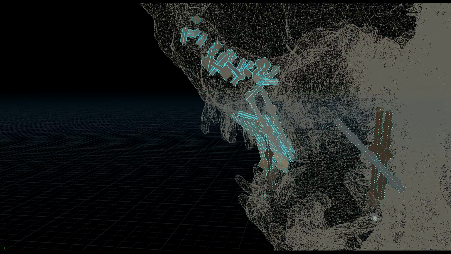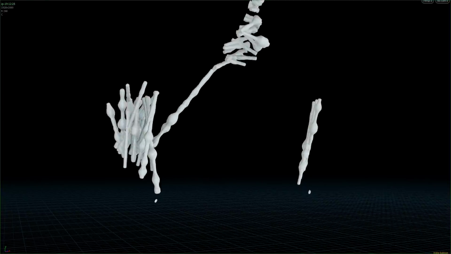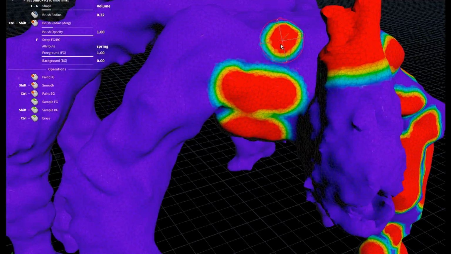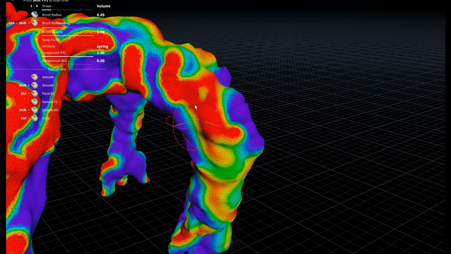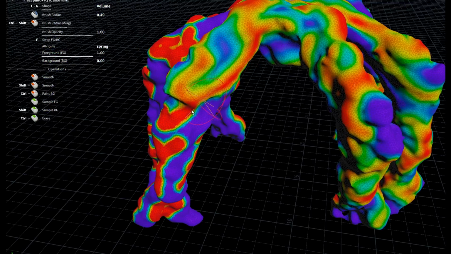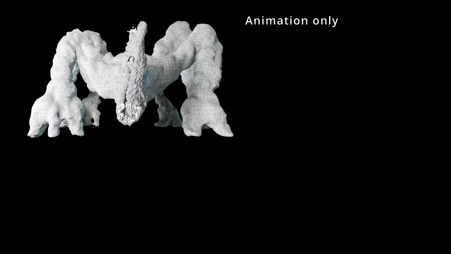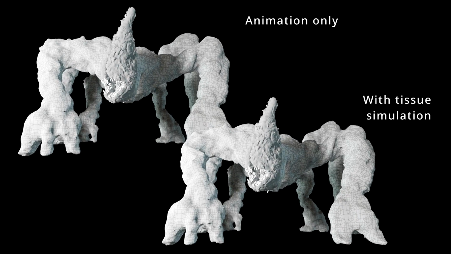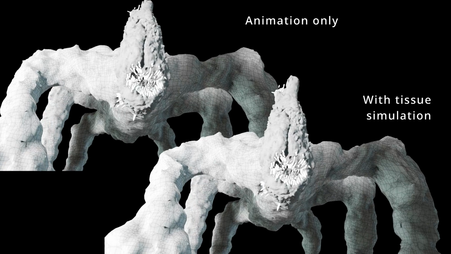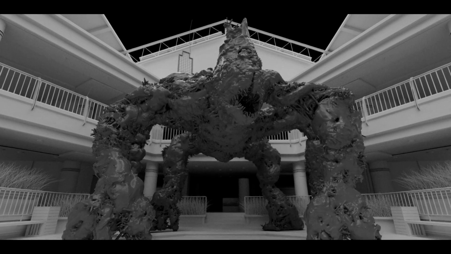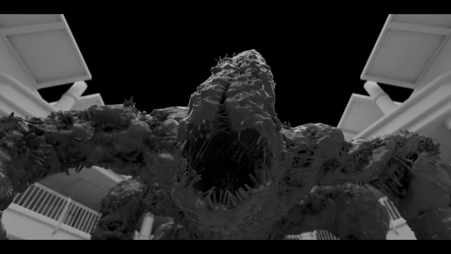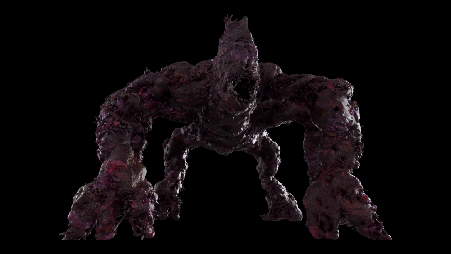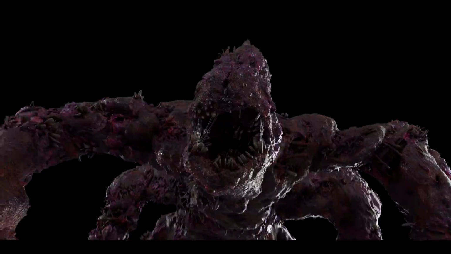I knew something was still missing. Threads of saliva. To really sell the idea of this gloopy monster with 80% body fat and 10% teeth, I designate several areas of the creature as simulation targets. And the simulation then uses my animation data to calculate tissue movement as the monster falls through the ceiling and makes its way towards the camera. Just look at how gracefully the lard vibrates, and stare in awe at those delicate saliva strings.